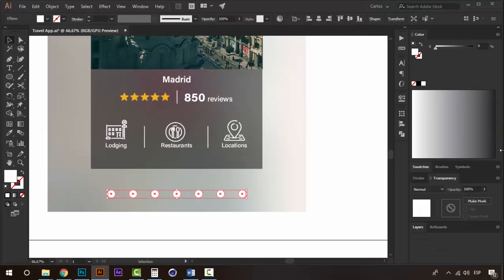And I can lower the transparency to 15. Yeah. And I'm going to take one of these and duplicate it, and this one will have all the opacity,